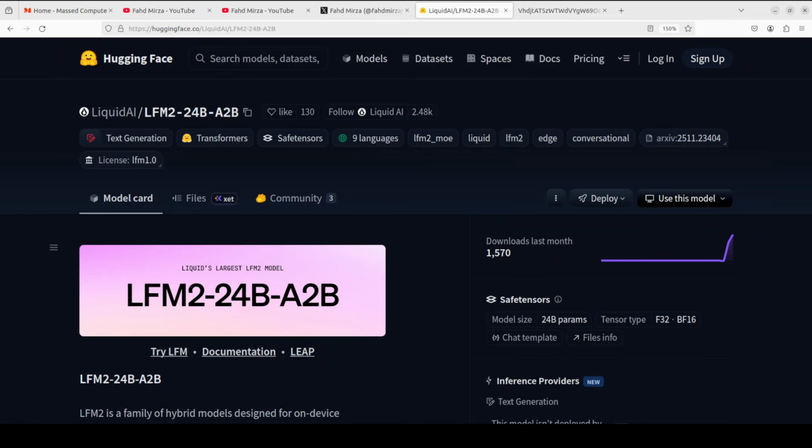Liquid AI just dropped their new mixture of expert model. The timing of this model's release is not great at all. Qwen 3.5 eclipsed it and it just ruled the AI scene yesterday. But you know what? This model is not bad at all. This 24 billion A2B is still a solid model worth paying attention to, and that is what we